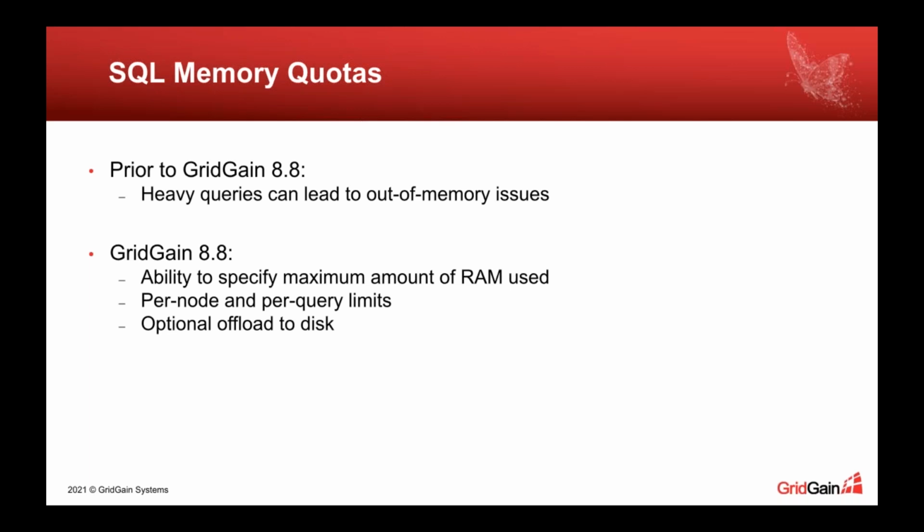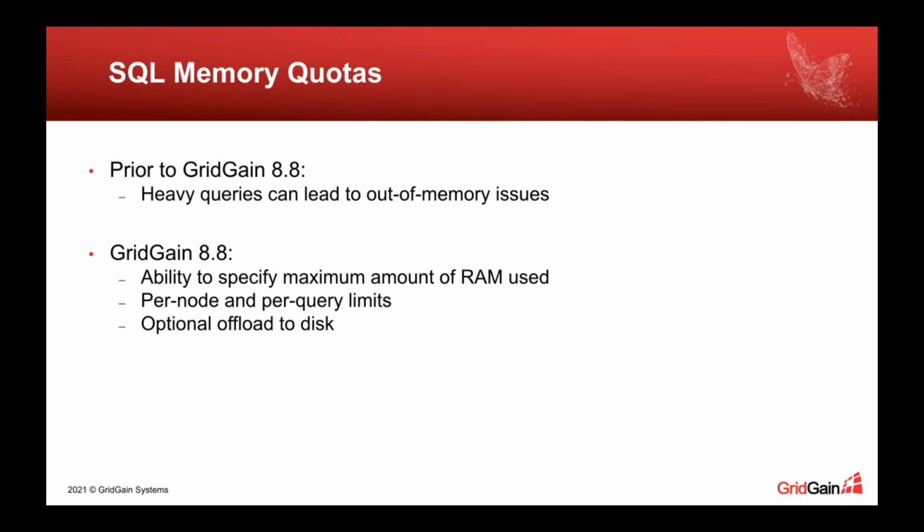This functionality allows you to specify certain limits for the amount of RAM used for SQL query execution. So let's say you know that you have 16 gigabytes of heap memory per node, and therefore you can specify that for SQL you will use only, let's say, 12 of them, right? That will guarantee that Ignite will never use more than 12 gigabytes of RAM for SQL execution specifically,